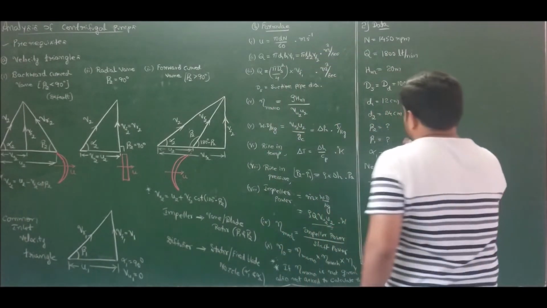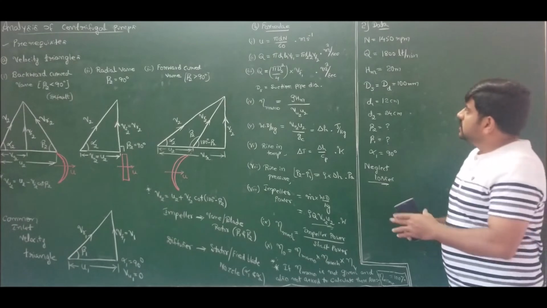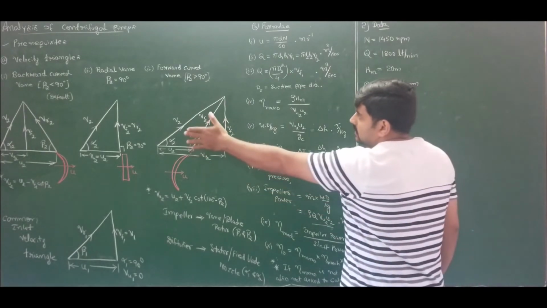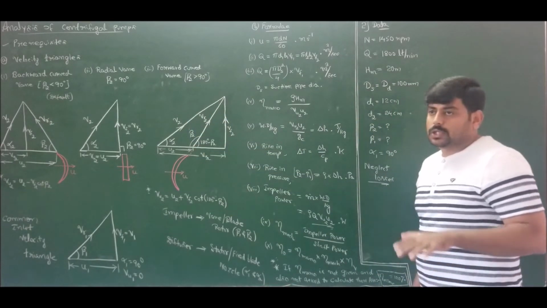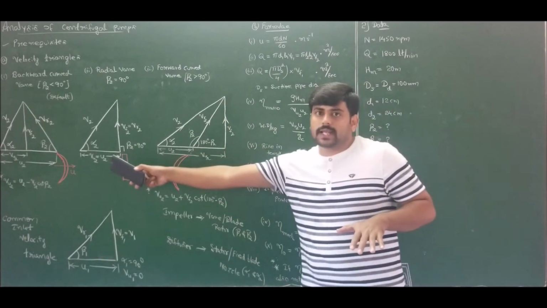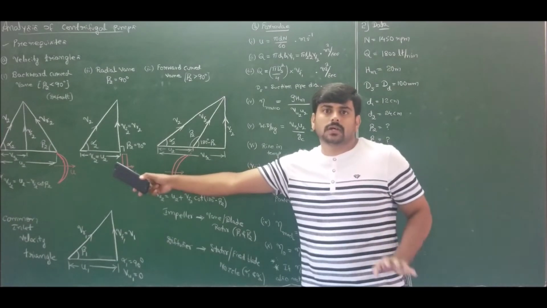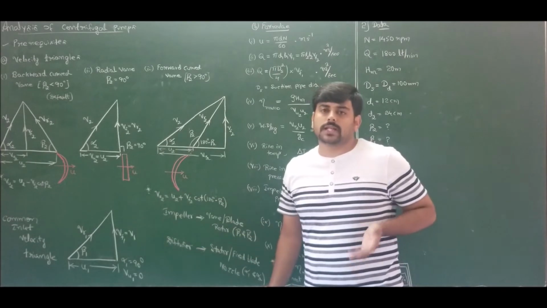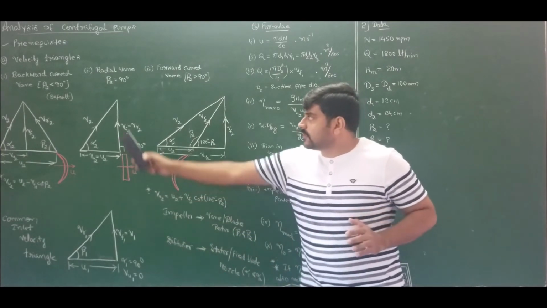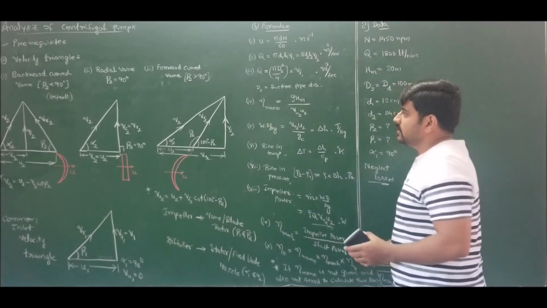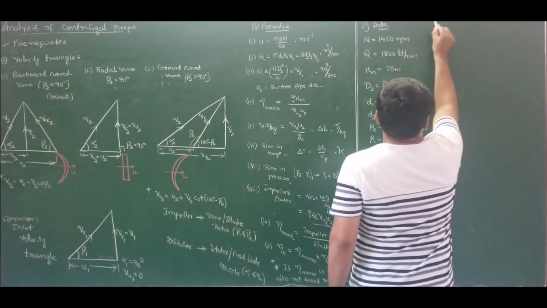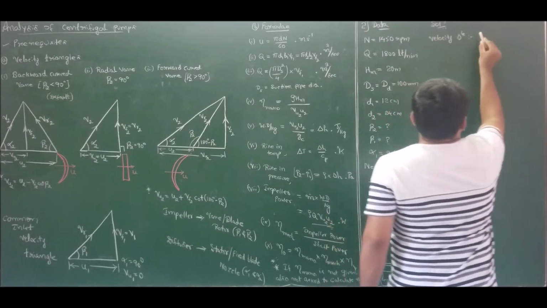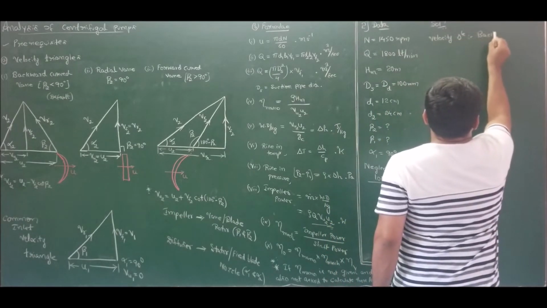Now coming for the first one, that is for velocity triangle. Since the blade angle itself is unknown for us, we should start with backward curved vane. This is because you people already know that this is the general velocity triangle for power absorbing turbo machines, which we have discussed in module 2 while we were deriving alternate form of Euler's equation for energy transferring turbo machines. So therefore, start the problem with backward curved vane. Coming for solution, velocity triangle will be the velocity triangle for backward curved vanes.